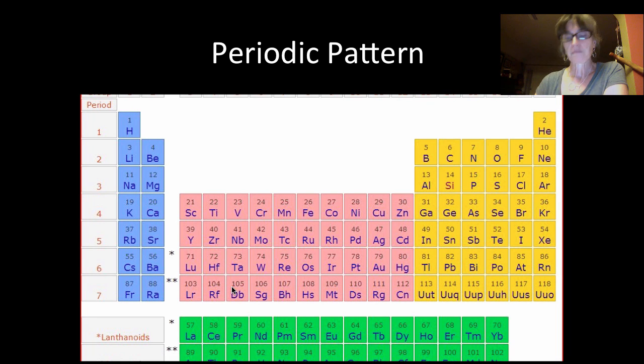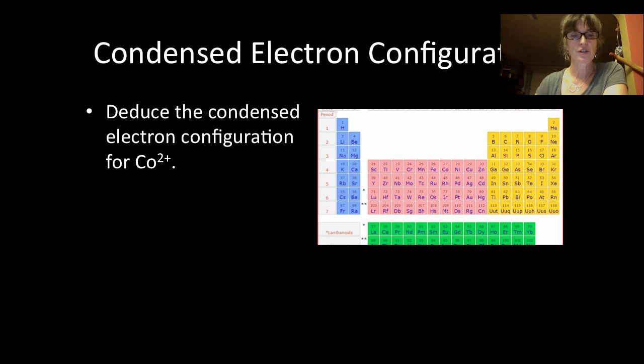Now let's do the shortcut electron configuration. I'm going to do the electron configuration for cobalt. So let's find out where cobalt is. Here's cobalt right here. So let's do its full electron configuration first. It's 27 electrons. So we're going to do 1s2, 2s2, 2p6, 3s2,